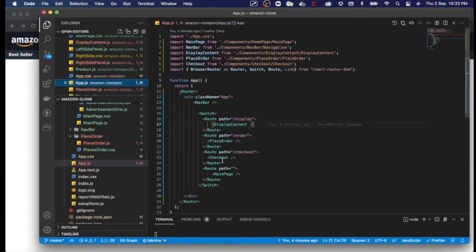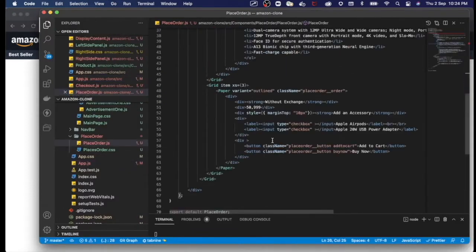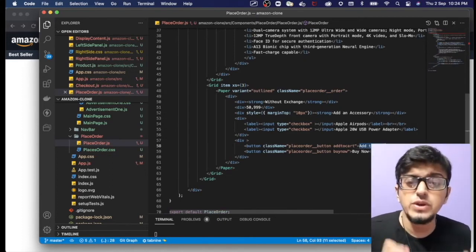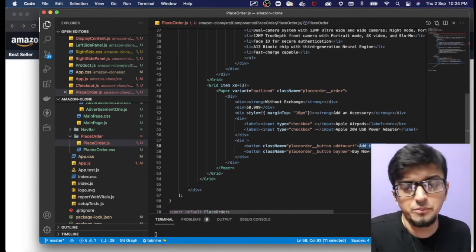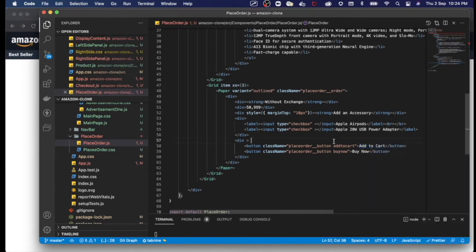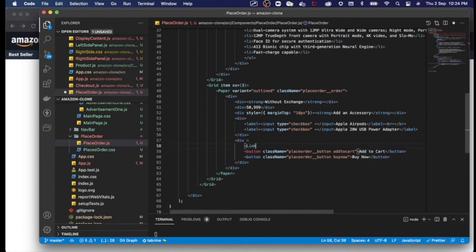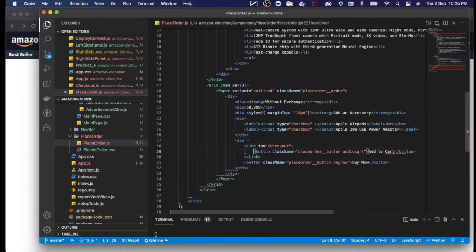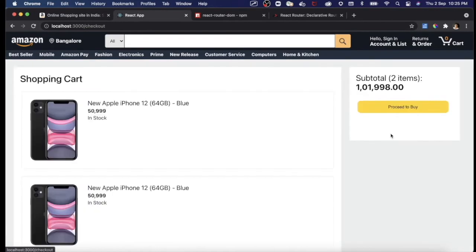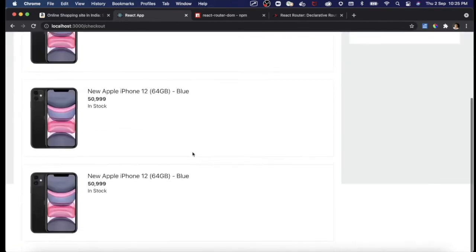Within our place order page, we have the add to cart option. Once the user clicks on add to cart, we have to move that user to the checkout page. Similarly over here, we will be using React Router, implementing the functionality of React routing. Here also we will import a Link tag and move the user to the next page, which is checkout. So great, let's save it and see whether everything is working. If I click on add to cart, yes, you can see we are on our add to cart page,